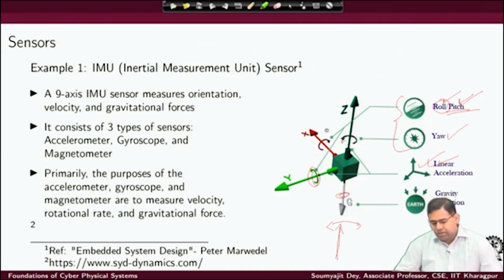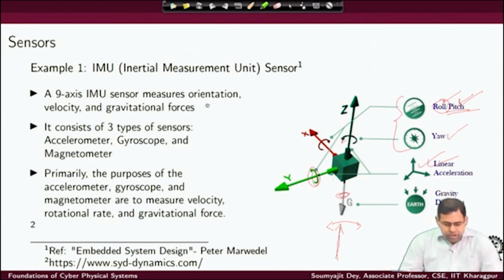It can change its roll, pitch and yaw angle, and it can change its linear acceleration values, right. And depending on its movements, we can also see the effect of gravity on it. Let us say it is falling down too fast, then it is experiencing a different value of gravity, just as an example.